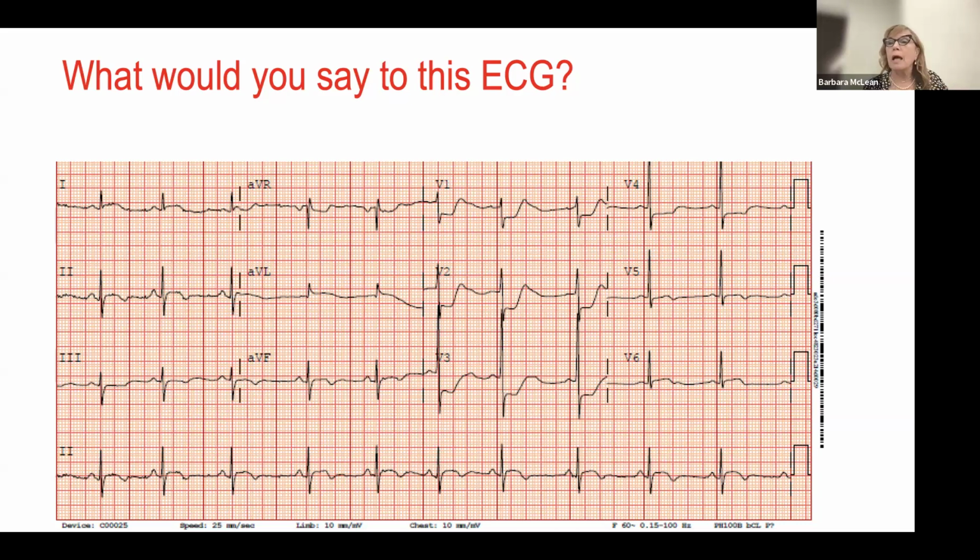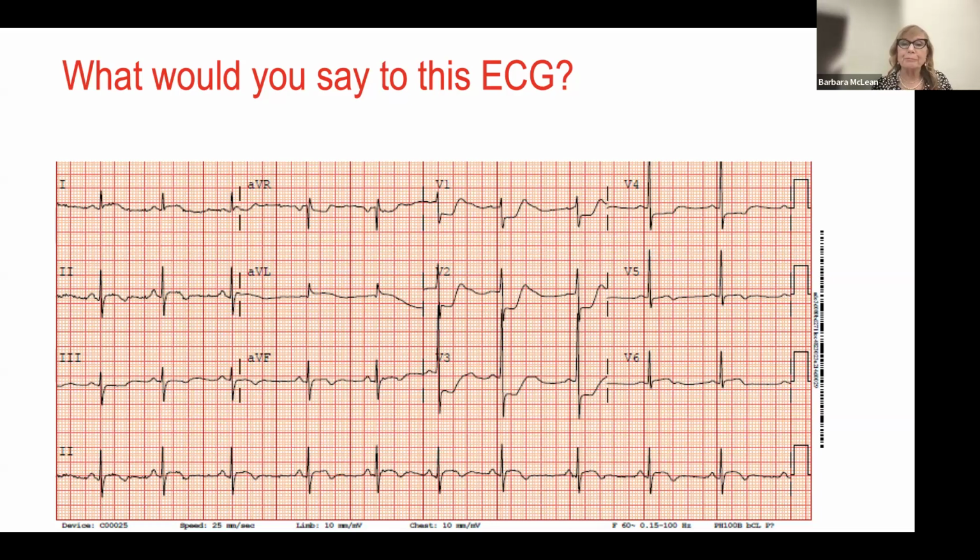posterior leads. What that means is if I'm infarcting my posterior wall, if I was looking directly at the posterior surface, I would expect to see in the posterior wall, if I had leads on the back of the chest, I would expect to see ST segment elevation. But I'm not looking at the back of the chest. I'm looking at the anterior surface, and I'm seeing the opposite of ST segment elevation, and that would be ST